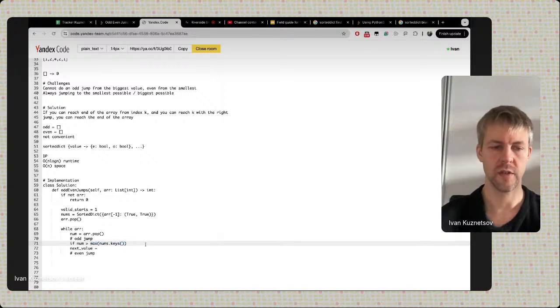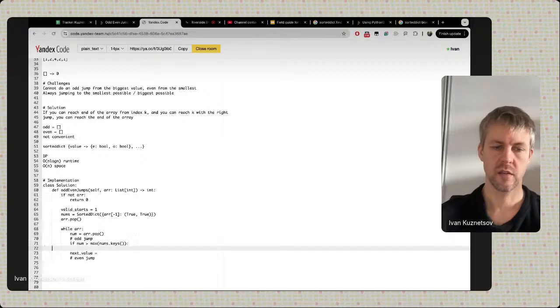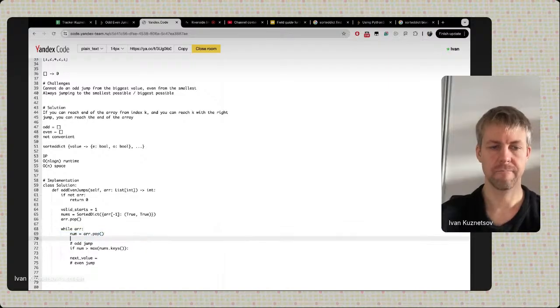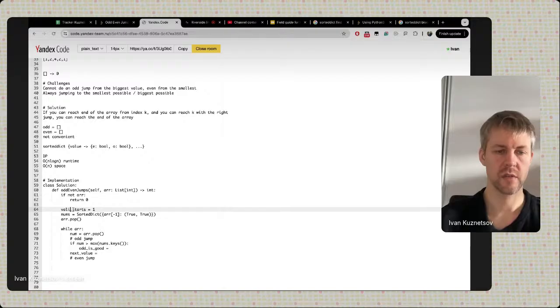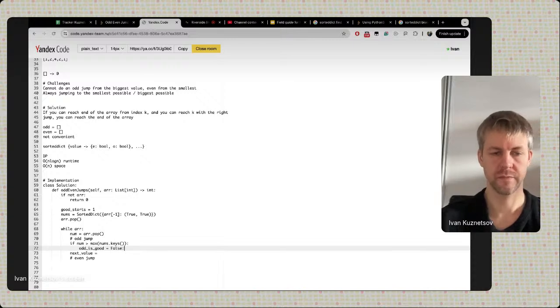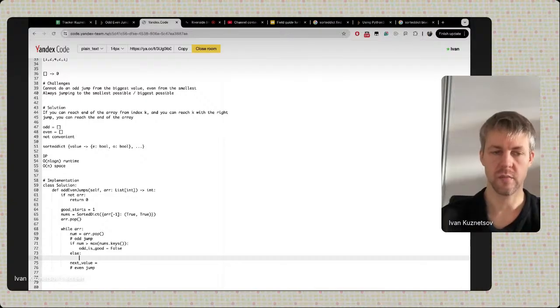so I think it should be all one operation. Then we can say that is valid, odd is good. Let's call it good. Good starts, not valid starts, right? Odd is good equal false. Else, if it's not bigger, then what is the biggest item? The item that is the smallest one that is bigger or equal to. So then what do we need? We need to have,